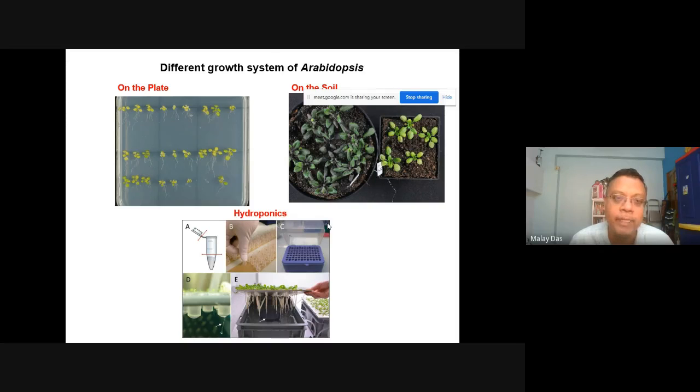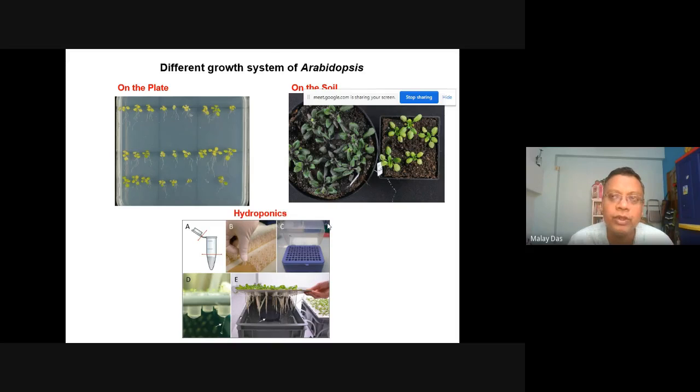because it is always easy to get the plants out of the hydroponics, harvest the tissue, and extract nucleic acids like DNA and RNA. On the other hand, usually we use plate assays for very early detection of stress responsiveness of a plant. For instance, if you have a set of mutant lines and wild type plants, and you want to compare the effect of gene mutation, and assay their responsiveness to a certain stress like salt or drought, then we add some concentration of NaCl or mannitol, and by adding those we create the salinity or drought condition,